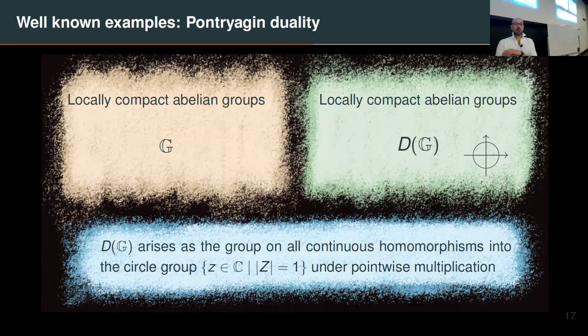So here is locally compact abelian groups. And if you're working with finite abelian groups, then you don't need to care about the locally compact part. And here we have Pontryagin duality, which is another early one. And this really was designed to be a generalization of the Fourier transform setup. So Fourier transform is sort of like a particular case of this at play. And here what we look at is we take a locally compact abelian group and we look at the continuous homomorphisms into the circle group, which could be called characters under pointwise multiplication, and that's the dual. And you just do the same thing to get back to where you started.